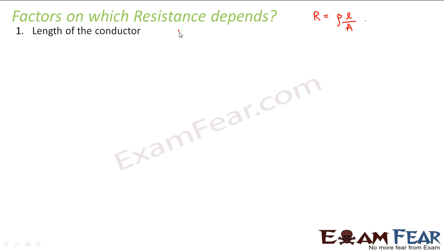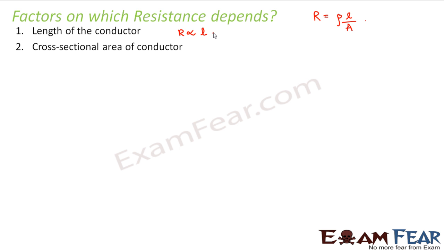So from here we can see that resistance is directly proportional to the length of the conductor. So if the length of the conductor increases, the resistance increases. Now logically also you can prove it for yourself. For example, let us suppose you have your conductor. If you increase the length of the conductor, what will happen? If the length increases, that means the electrons will have to cover more distance to reach the positive end, right? If it has to cover more distance, it will have to face more obstacles, there will be more collisions, and therefore the resistance will increase as the length of the conductor increases.